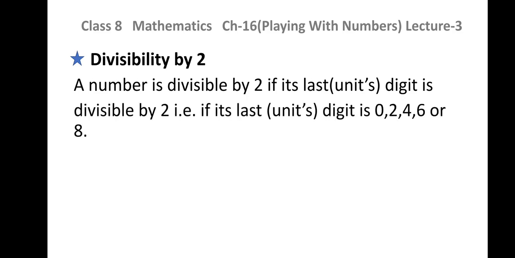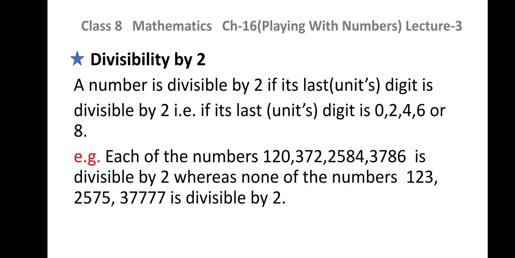That is, if its last or units digit is 0 or 2 or 4 or 6 or 8. It can be either 0, 2, 4, 6 or 8. Let us see the examples. For example, each of the numbers 120, 372, 2584 and